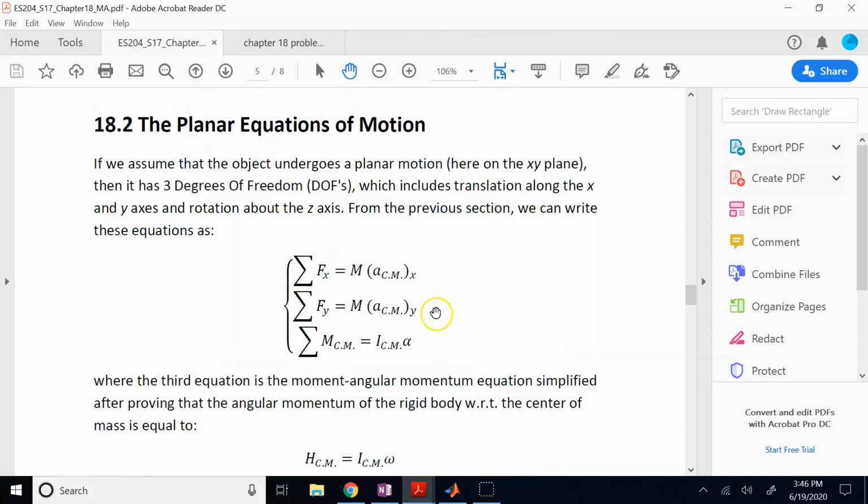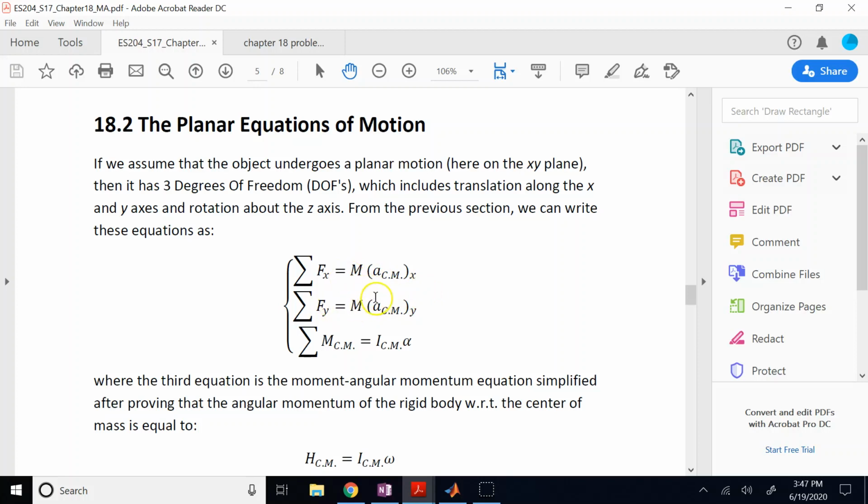Remember, in the last lecture, I've shown you that if the object has planar motion, which means it is only limited to move along two independent directions and rotate about the direction perpendicular to that plane. Here, the plane is xy, so translation x, translation y, and rotation z are the only 3 degrees of freedom. Then we have shown last time that